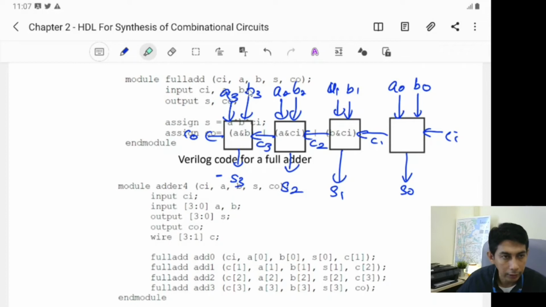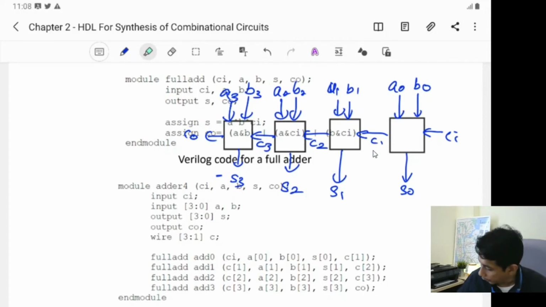So this CI is actually CI, that's why you have CI. And the second one is A. In this case, A you connect to A0, and B you connect to B0. And S you connect to S0, and CO for this one you connect to